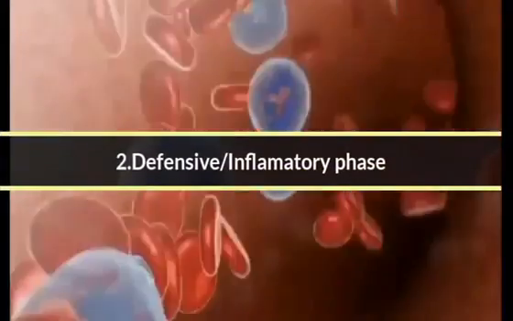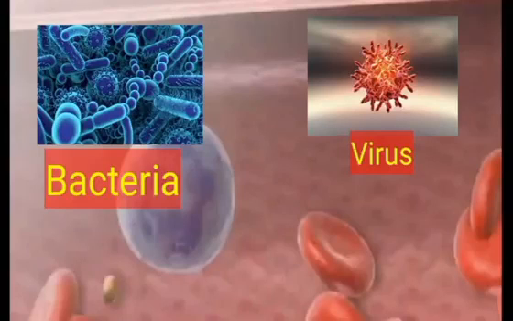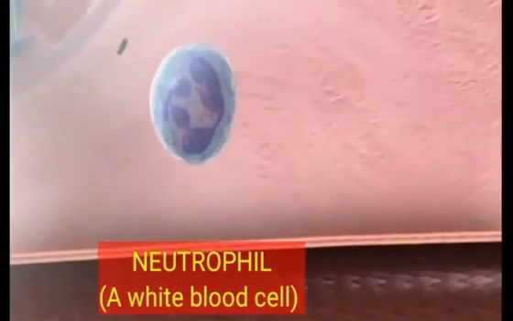After the end of the first stage, it comes to the second stage, which is the defensive stage. Defensive basically refers to protection from the outer environment, like getting infection from another organism or any microorganisms. In this phase, our blood cells will act, and they will kill the bacteria which have found an open area, as there is a cut on the skin exposed to the outer environment.